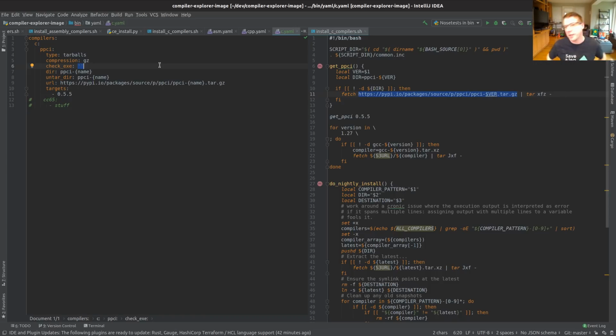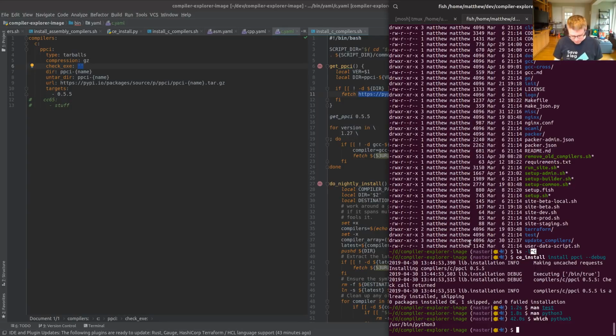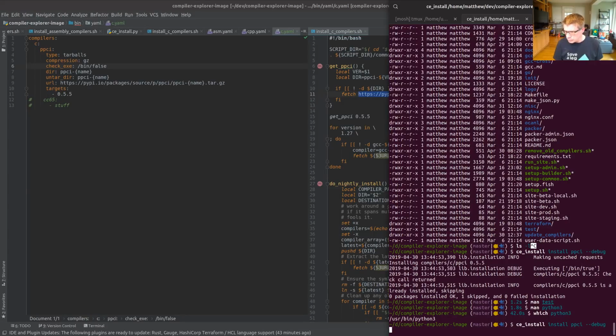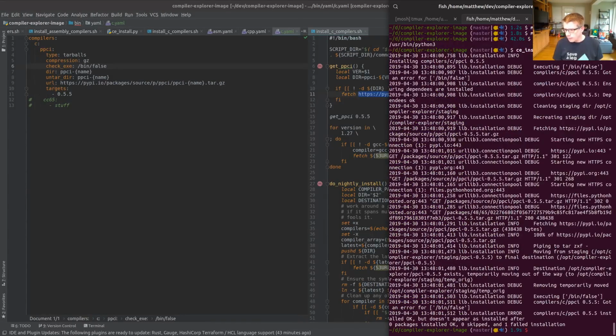As much as having an exciting cliffhanger like this would be a lot of fun for everybody, I am going to very quickly, famous last words, try and come up with a special case for Python installations here. So what would we want this to do? Let's see if I can get a command over here. So I'm going to turn this into bin false for now. Then I'm going to install. And it's going to fail because it thought it installed it, but bin false is still falsy. But it should mean I'm left with